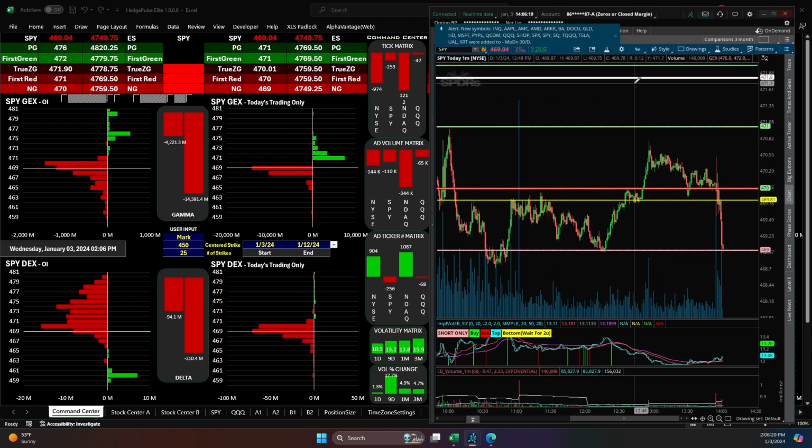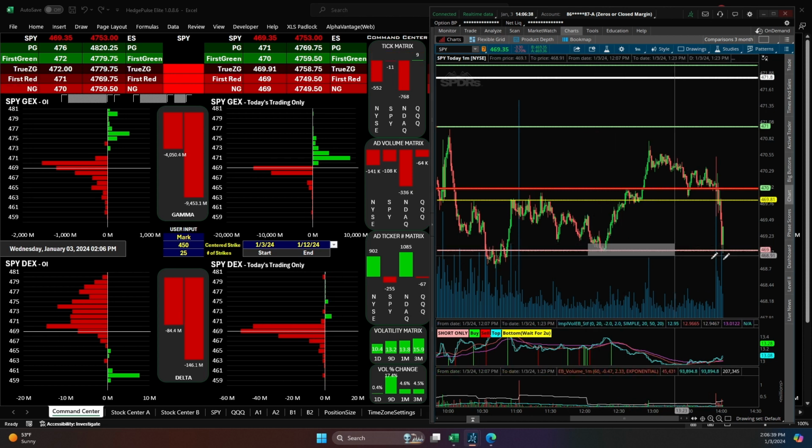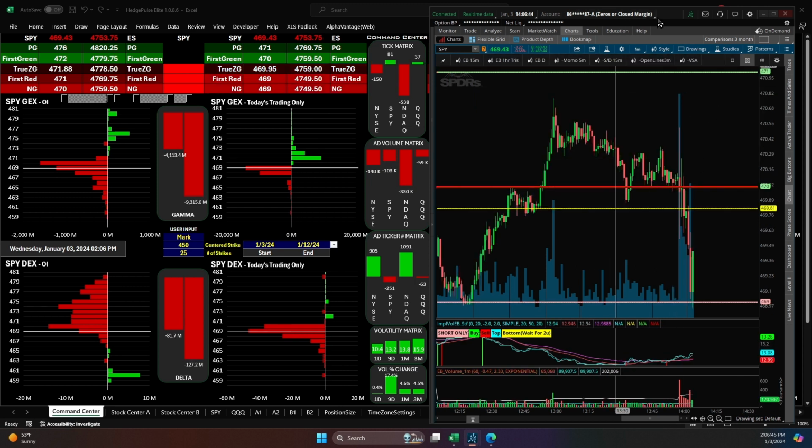So remember, below this ZG, we're in negative gamma down here. If we're below this line, it's negative gamma. This line is this level. Here we go. Got the little pop. They're holding the 469. Let's see how close the QQQ got